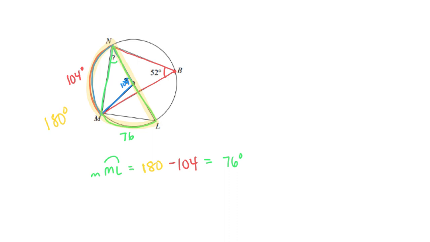That's arc ML. So now the measure of angle MNL, which is associated with that arc, is going to be 76 divided by 2. It's going to get us